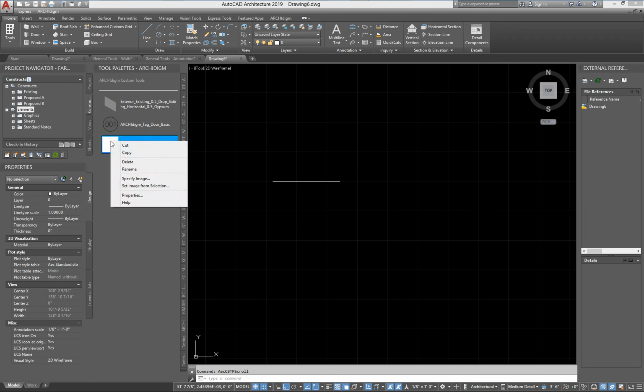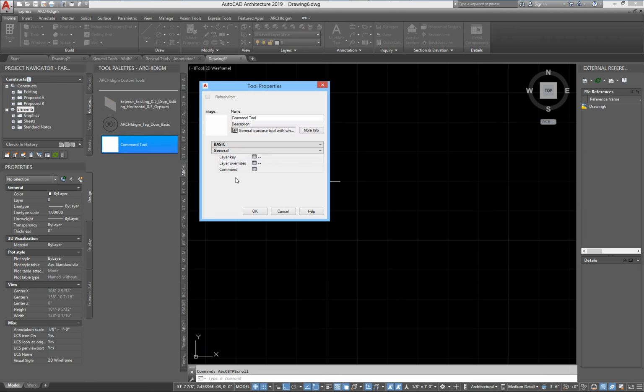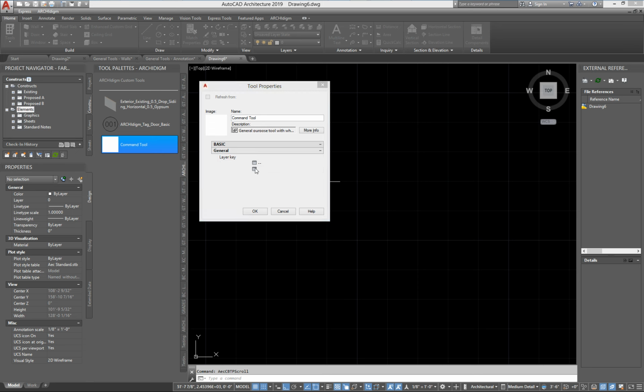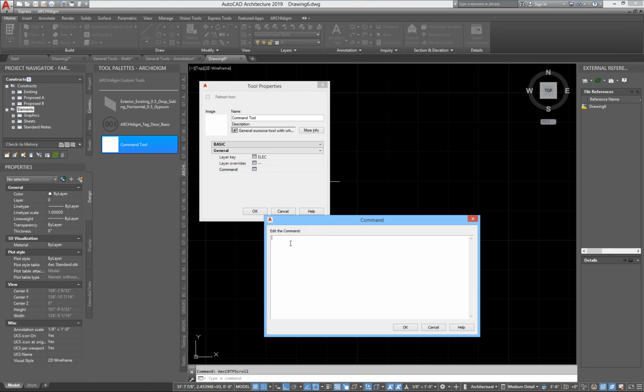Okay, now I'm going to right click on this. And what it provides is a way to layer key a command. So what I'm going to do here is go to layer key. I'm going to set it to, let's say, electrical. And then for the command, I'm just going to type in what I want it to do. So if I wanted it to match what I did before, I could just type in line, or you could type in P line. Or if you want to be a little cleaner, program a little cleaner, make sure that it cancels whatever is on the command line. So you would do something like,